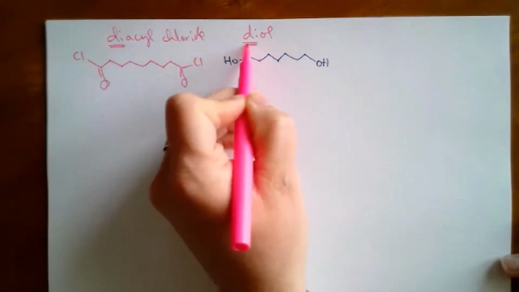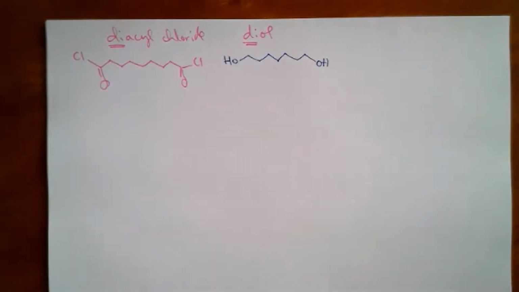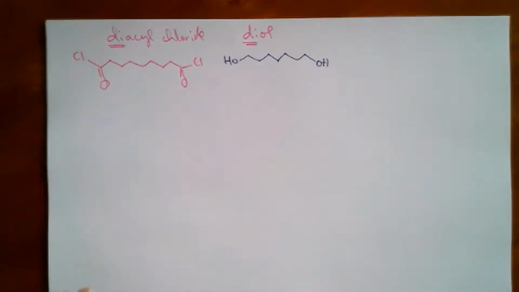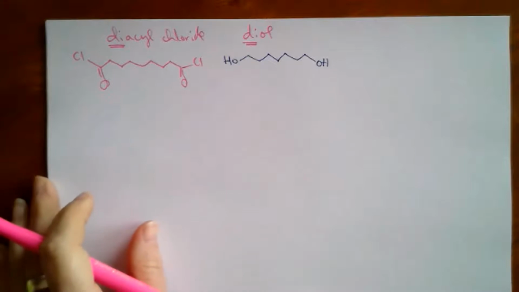When both of your molecules that are reacting together are bifunctional, they have two reactive functional groups, and for our sake of polymer discussion, they're going to be the same type of functional group. When you have two bifunctional molecules reacting together, that's an indicator that you're going to make a polymer,